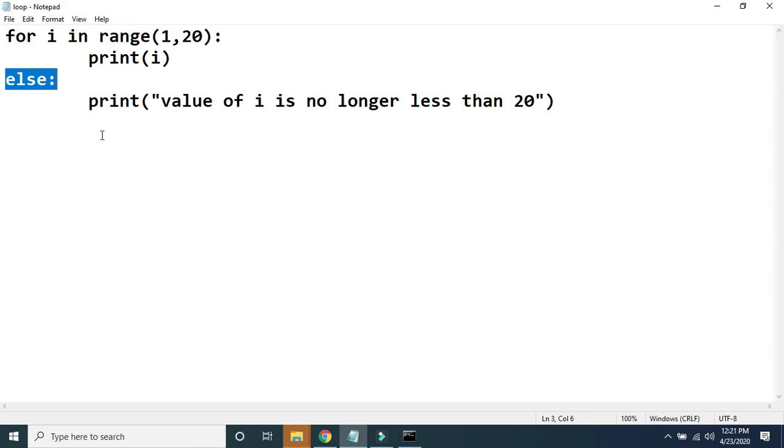So we expect the output to print values from 1 to 19, and when the value of I becomes 20, execution of the for will stop and control will go to the else. Let me show you the output.